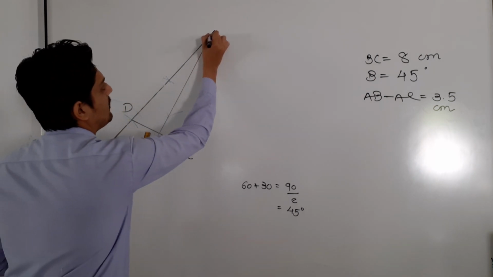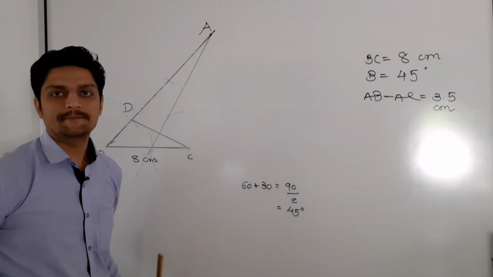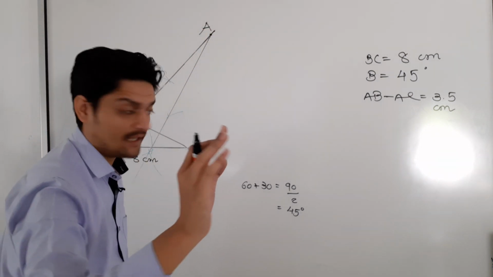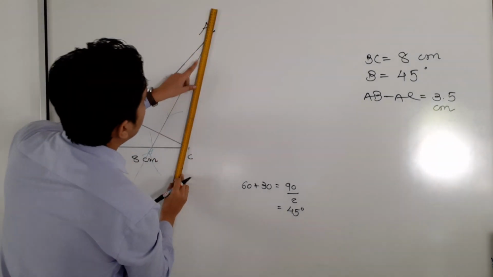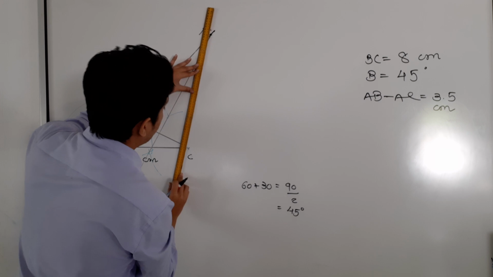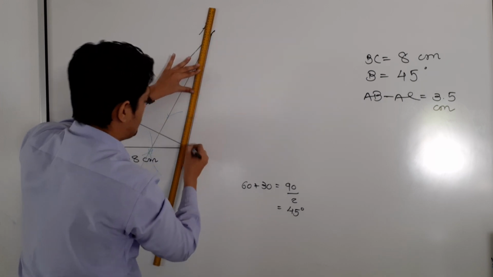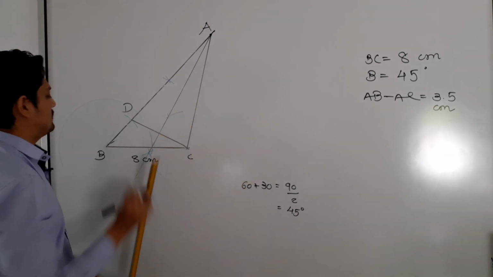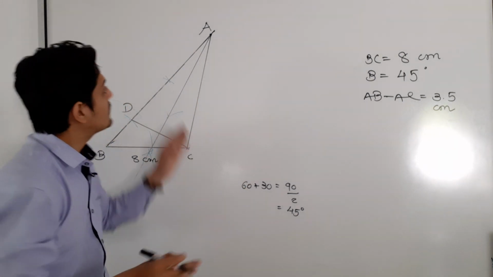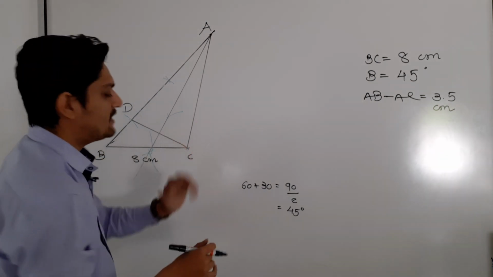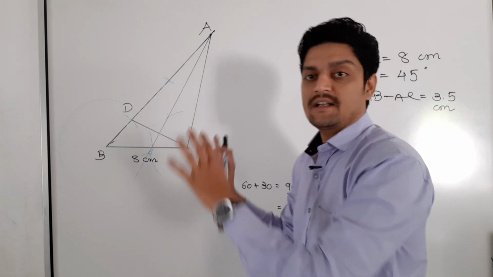This point where this line and the other intersect, you have to call A. From this point A, join A to B and A to C. This is again the final touch, your Midas touch. So now see, the final triangle is completed. ABC is now the final triangle, as you can see here.